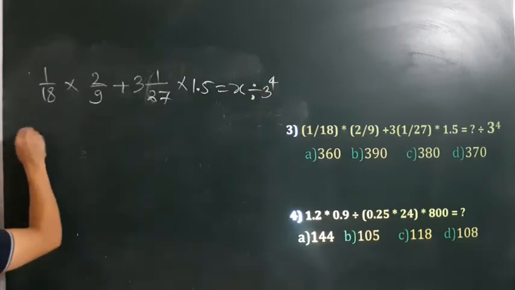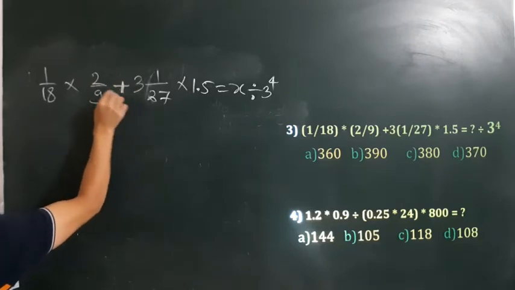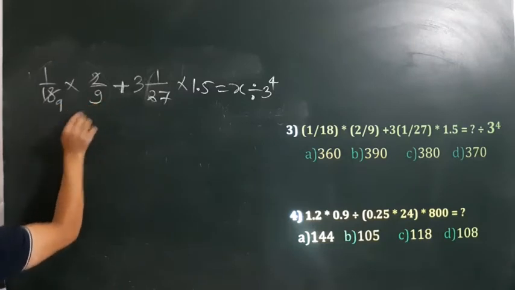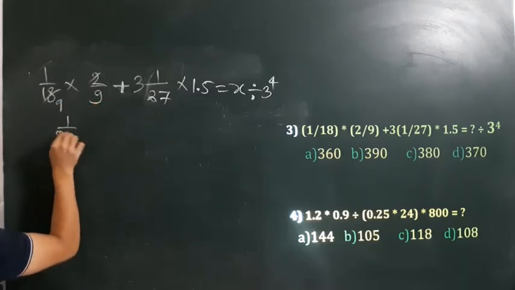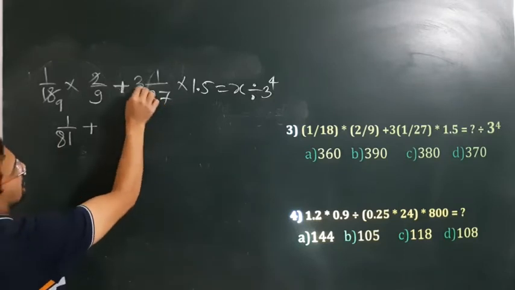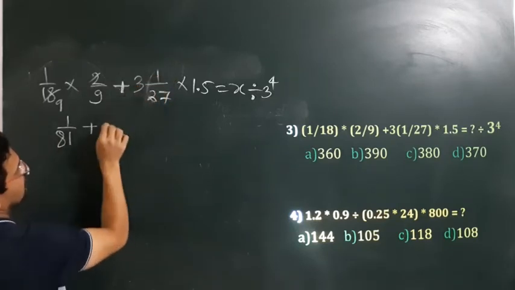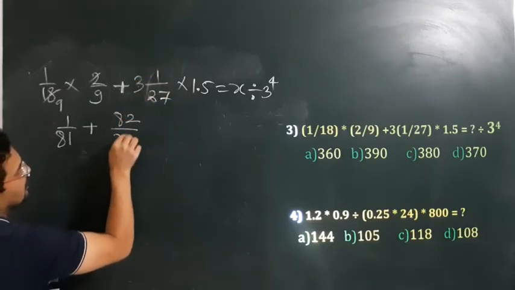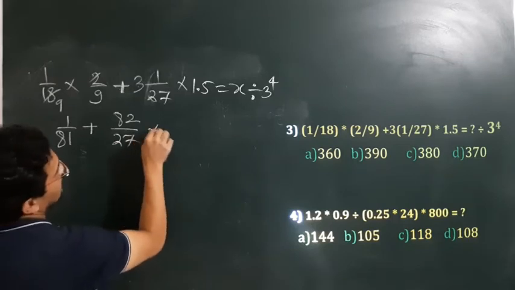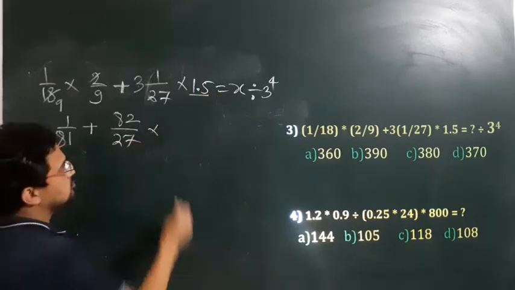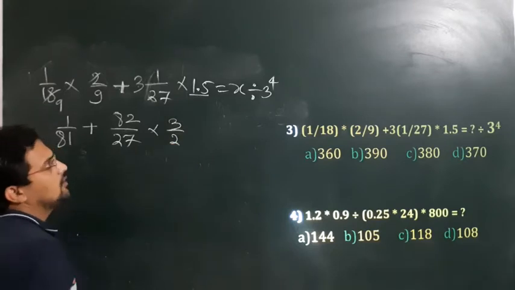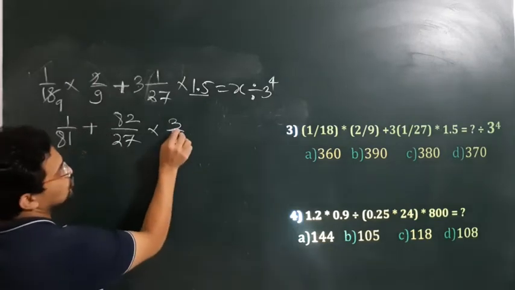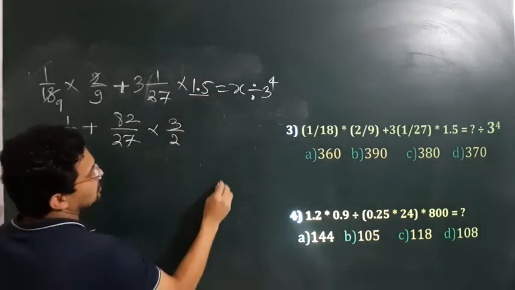Okay, now how to solve this? First of all, you can just solve this immediately because of the plus here, because 2 9s are 18, you will get cancel out, so 9 into 9 you will get 81. Okay, so plus 27 multiply by 3 and plus 1 you will get what? 27 multiply by 3 you will get 81, 81 plus 1 you will get 82 divided by 27. Okay, and multiply by this 1.5 can be written as 3 by 2 to simplify.